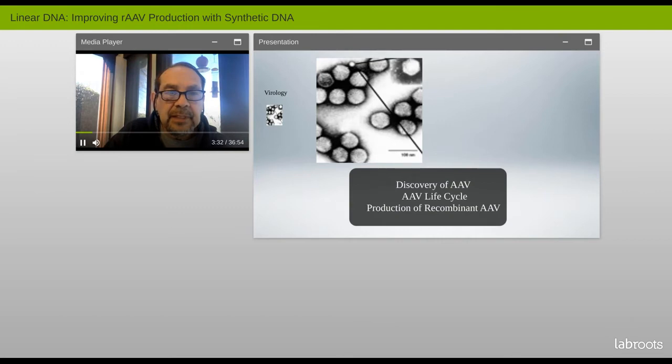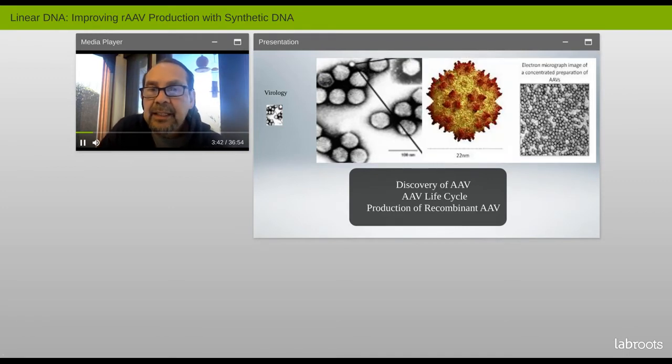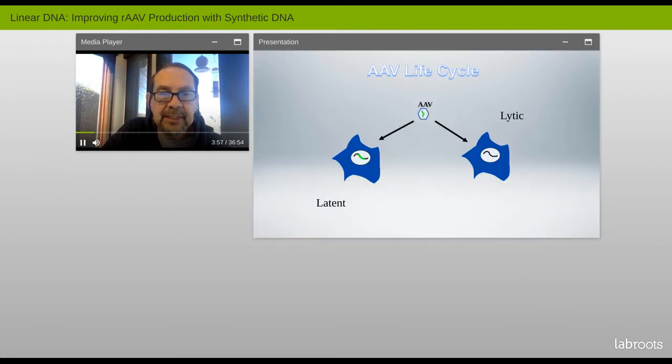As you can see in this magnification, the small particle there is actually an AAV particle that was eventually discovered based on the life cycle and utilized as a method to determine that it was an independent virus. As you can see in this cartoon, it's about a 20 nanometer particle compared to the 100 nanometer adenovirus, and it ended up being a virus that was non-enveloped and carried a single-stranded DNA genome.